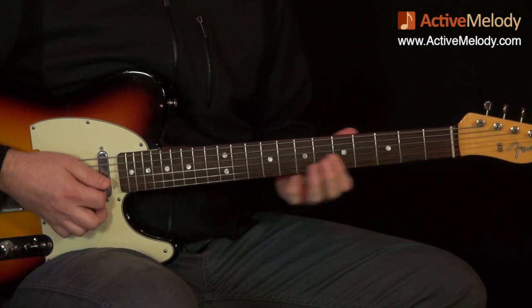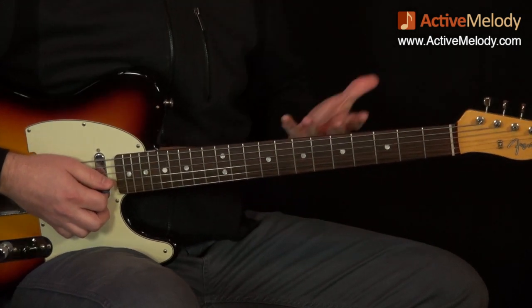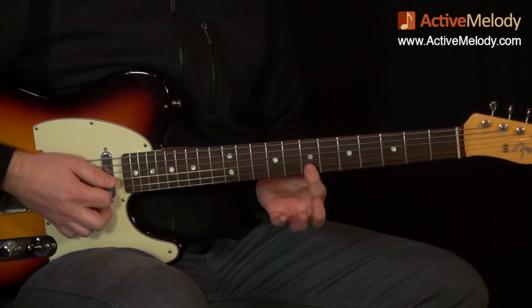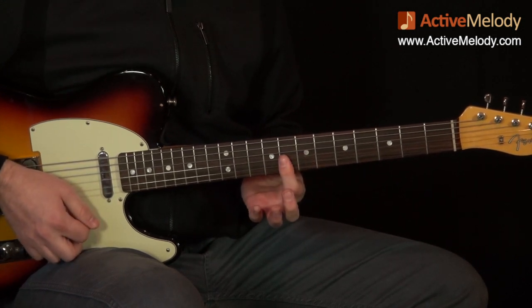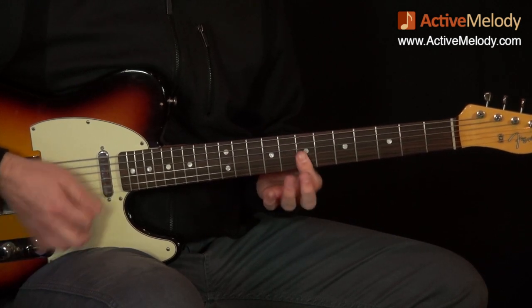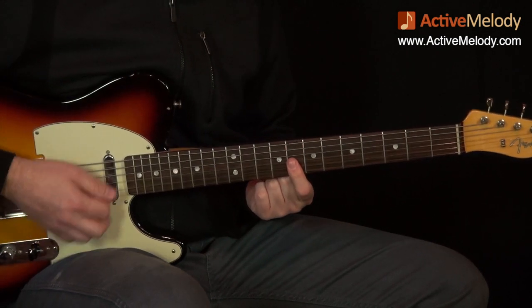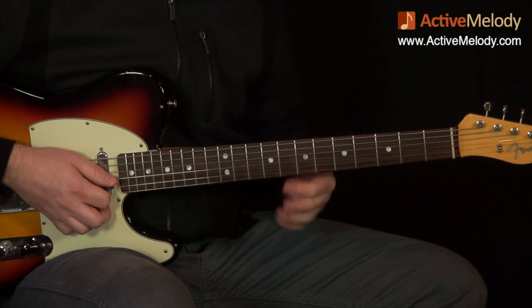But now I could have just done that, just like I did with the A, but just to make it a little more interesting so it's not so monotonous, what I did was I went from this shape, I slid everything up 1 fret, and then back to the 7th fret. Now some of you may be going, well wait a minute, where is that? What is it? And honestly, I don't have a good answer for it other than